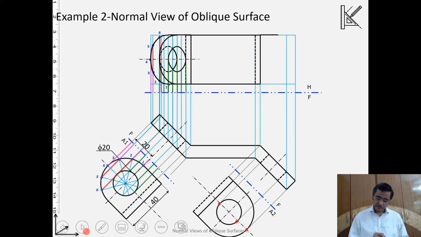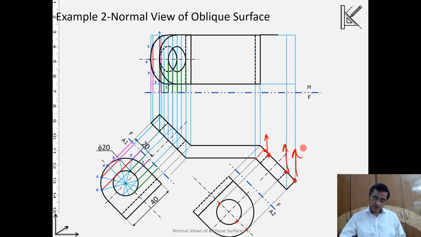So these are the projections corresponding to different points, and I can take it to the front, and then from the front I can take the projectors again to the horizontal, and of course the distances are being measured from the hinge line, and then these distances are being applied again from the hinge line on the horizontal projection.